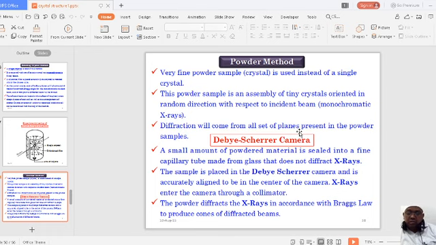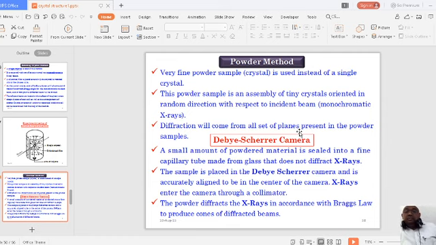So now, what is the powder method all about? What are the things which have been taken? First of all, we start with powder. What is the meaning of powder here? We are making the crystal into small pieces, rather like salt. For example, just consider the salt we use in our kitchen, sodium chloride crystal. Like a fine powder sample of the crystal, we will make a fine powder sample which is used instead of a complete single crystal.